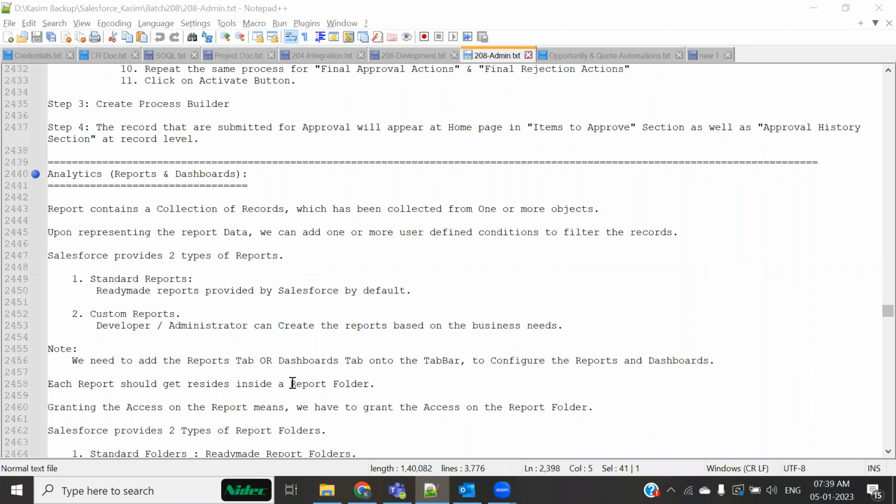All right. So the next thing we are going to start is a new topic, analytics. Now, let me first of all introduce the topic, and then we're going to study how we can design the analytics part in Salesforce. First of all, what does it mean by analytics? See, analytics actually means